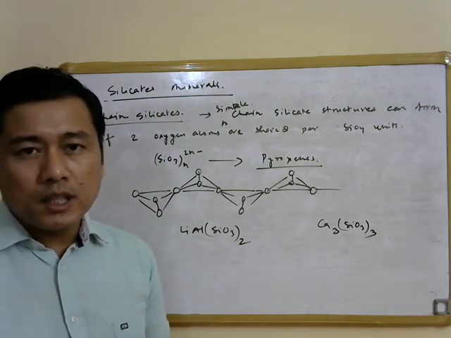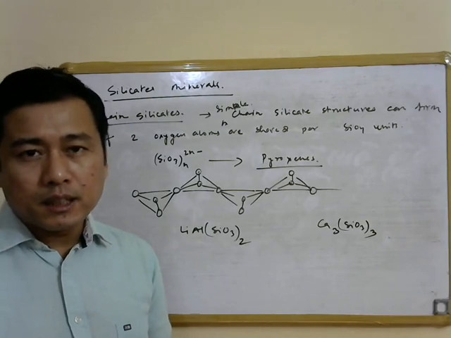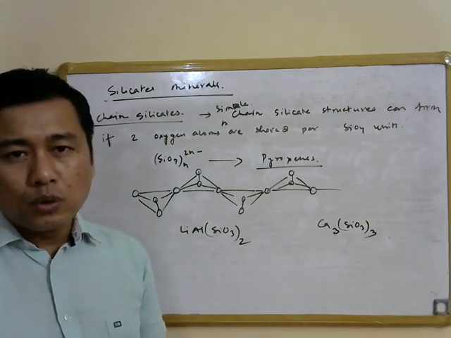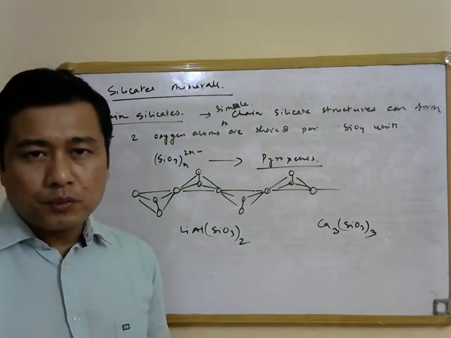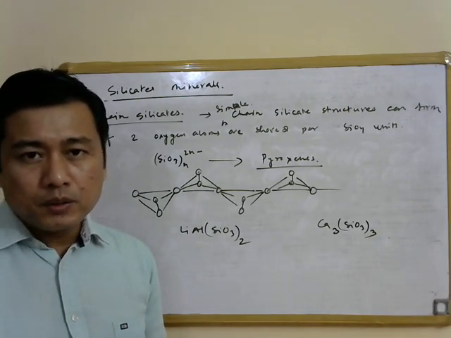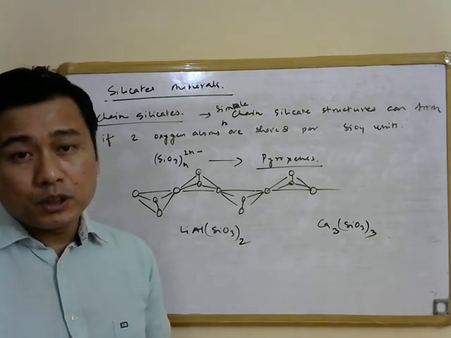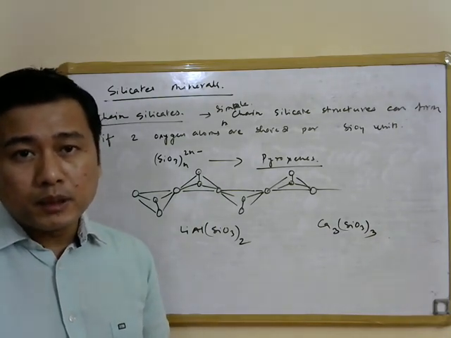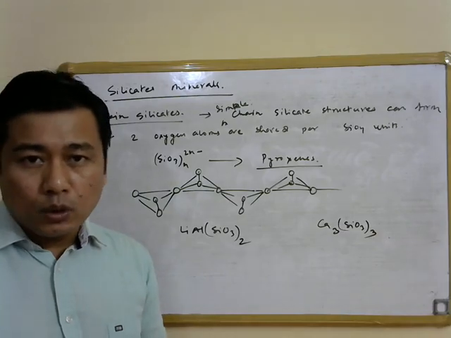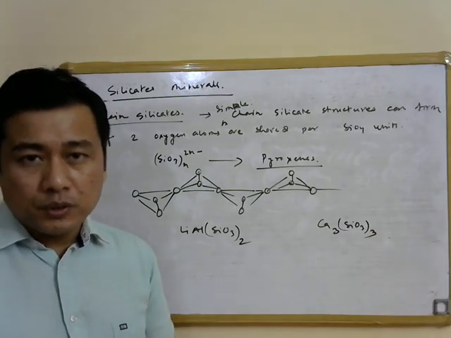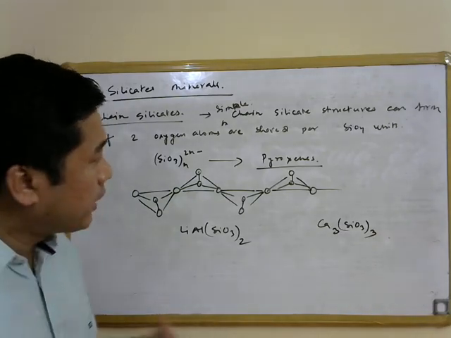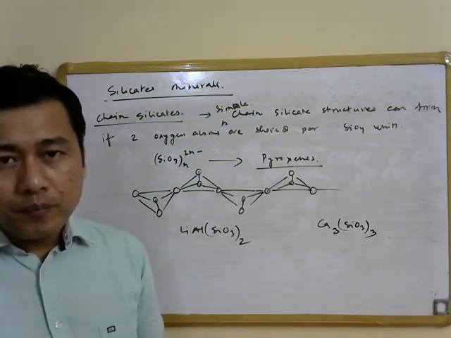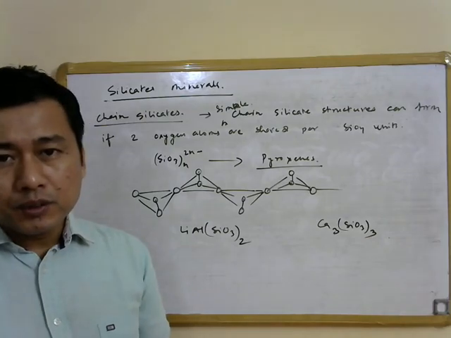Then we have also learned that these silicate minerals can be formed either by discrete SiO4 4 negative ions or by polymerization of this SiO4 4 negative ion by sharing of the oxygen atoms present in the corners of this SiO4 4 negative tetrahedron. And then we have also learned that in these structures the oxygen atoms form structures